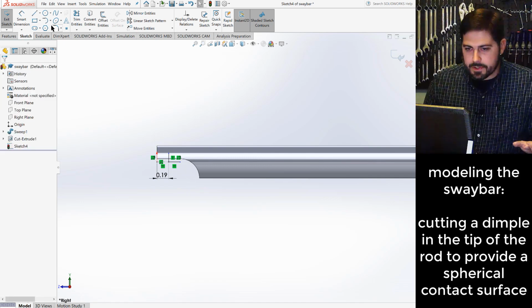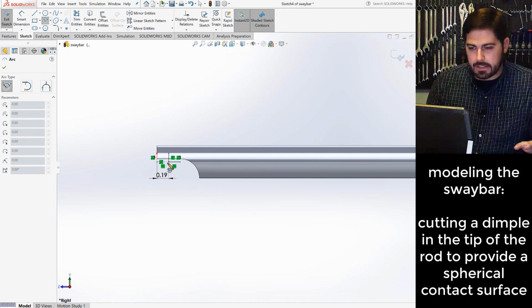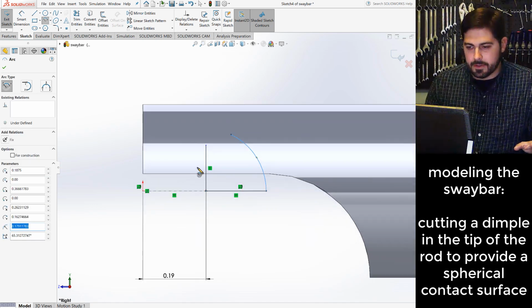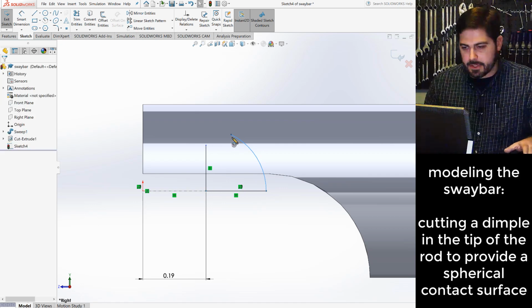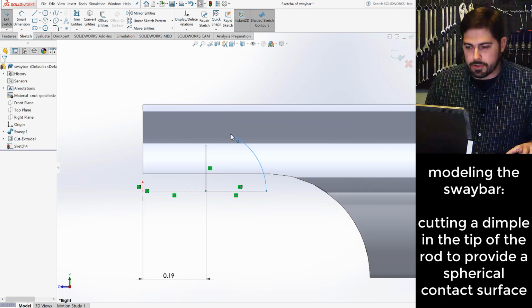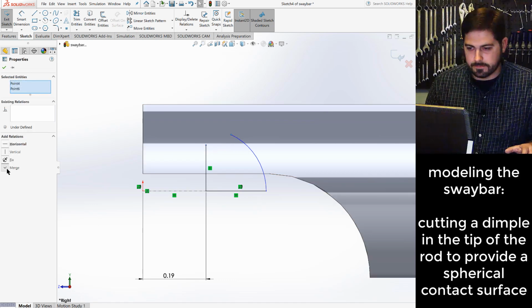there's another type of arc that we can do in here, and it's called a center point arc. It allows you to pick a center point and then go to another point like this and do a little arc. Let me zoom in a little bit. So the arc I just made starts at this point with this as a center point. And now the next thing we need to do is merge this point with this point. Okay, and